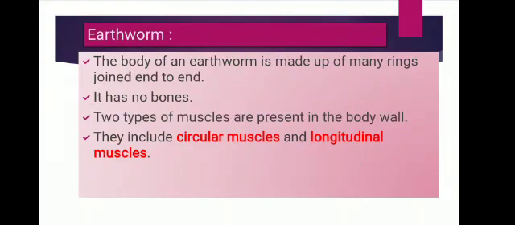So each segment of the earthworm body has tiny bristles. Bristle means hair-like structure on its underside. This is because it helps to move into the ground, to grip the ground, or be withdrawn to release the ground. Now we will describe how an earthworm moves from one place to another.